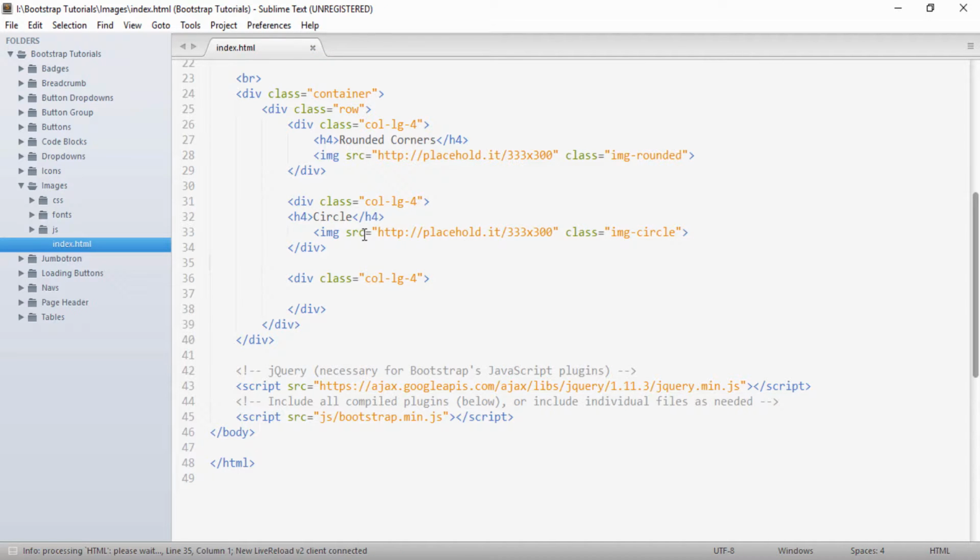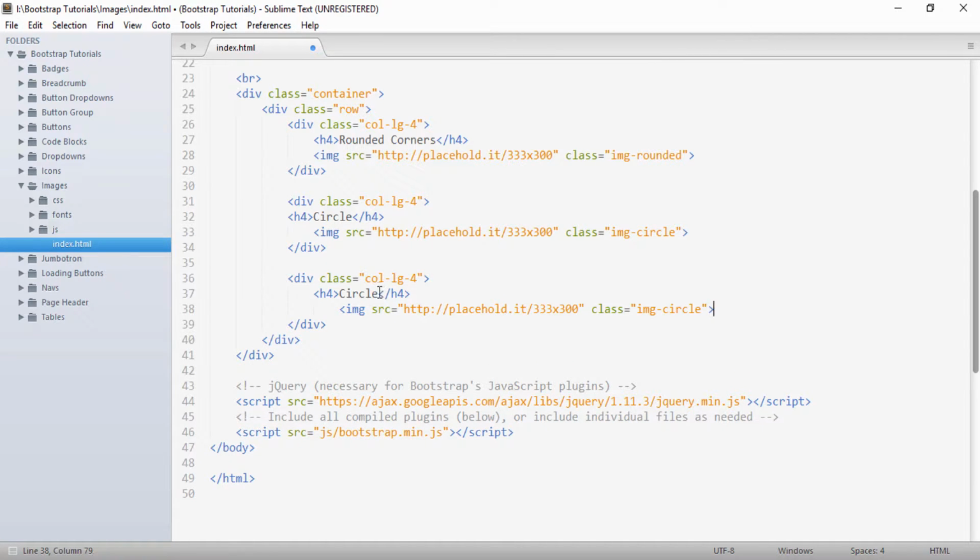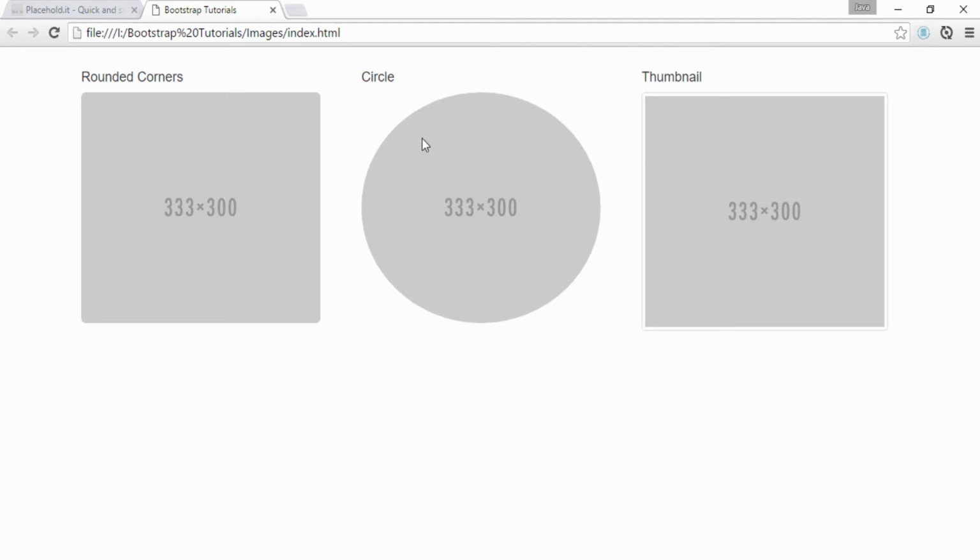And similarly, if I want to create a thumbnail, I will just copy this, paste it here and give a heading as thumbnail and a class as img-thumbnail. If I save it and go to the browser, you can see the image which we saw here is now a circle, and here you can see it's a thumbnail. There is an extra layer of border. So this was all about the shapes.